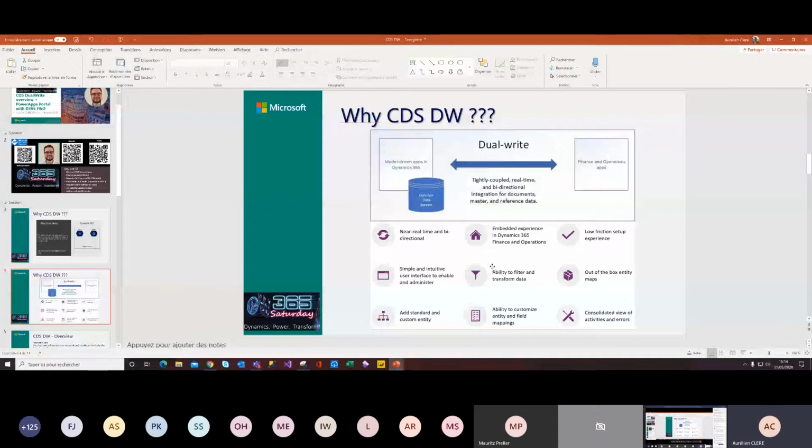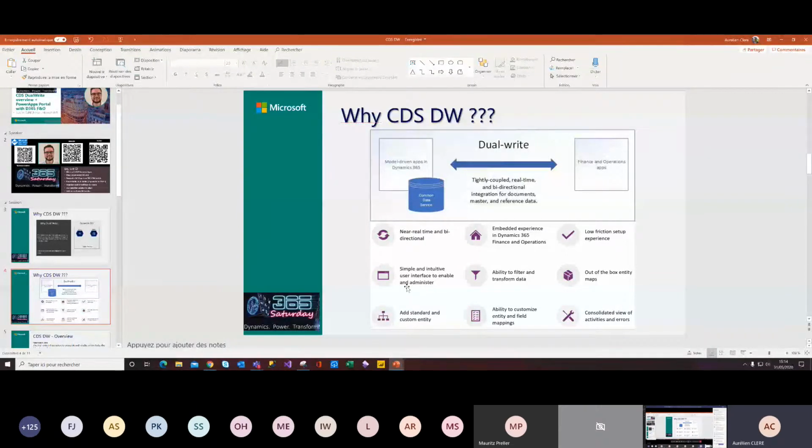And I think in the coming months, they will bring a lot of new entity mapping for field service. I think they have done the field service entity mapping, where the asset management module of finance operations can be synced to work orders in field service. So they have done a lot of work, but you can also add your custom entity, as you will see after. You can customize, so it's not a black box. You have the means to do that.